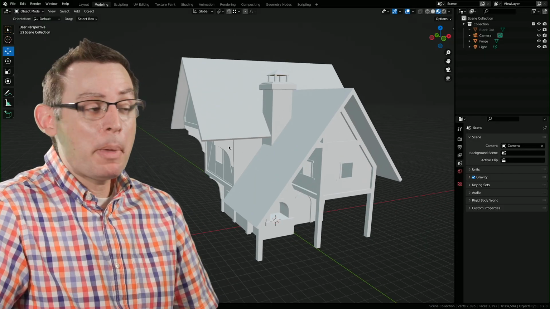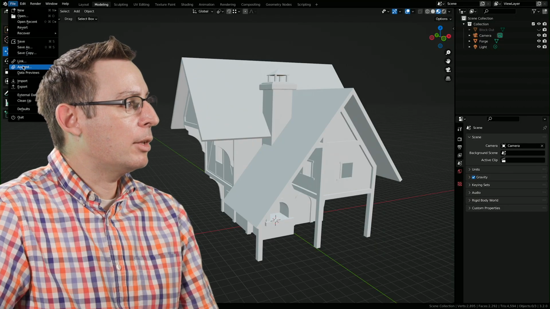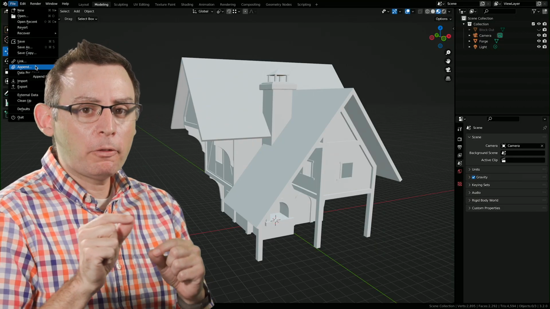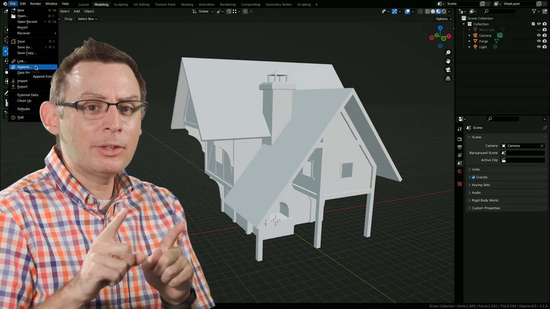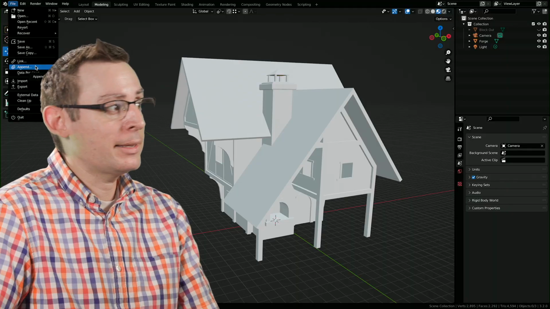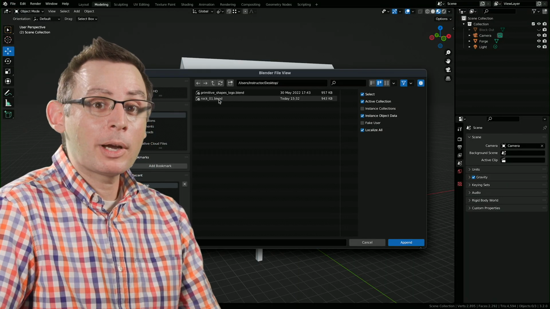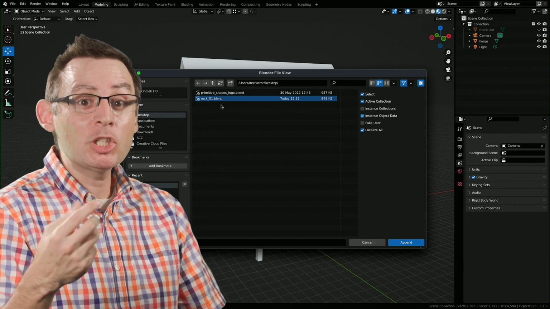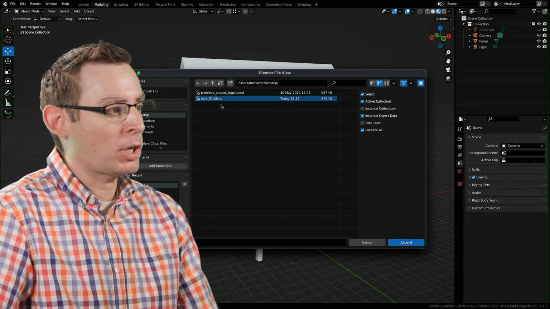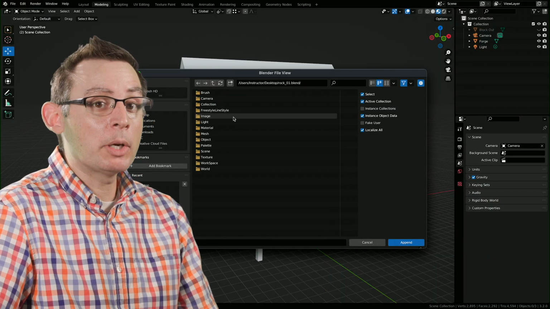You can find the append option in the file pull-down menu at the top of the screen, and it's right here. But if you look real carefully at the icons, I think they're really intelligently designed because one's a paperclip and one is a chain link. More on that here in a minute. Let's go into append, and now we physically need to find the Blender project file that contains the information I want to import into my blacksmith shop. In my case, it's on my desktop, so I'll find my blend file and I'll double click on it.